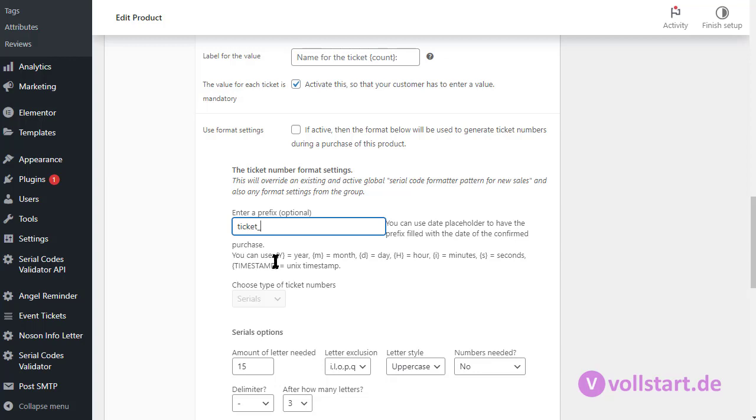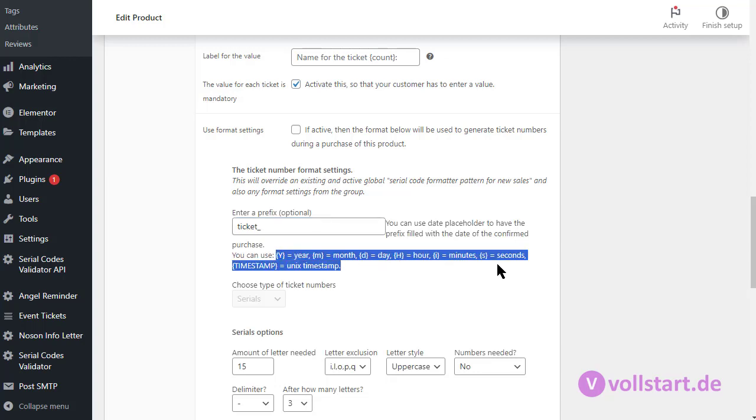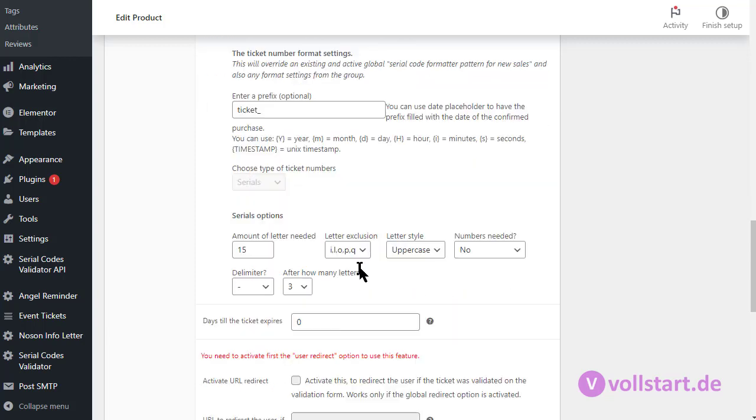You can use some placeholders, and if you add these placeholders, then the ticket number will be generated live using the timestamp or the year or the month, and they will be created during the creation time. And then the prefix will be part of the ticket number. And same here, just the ending.